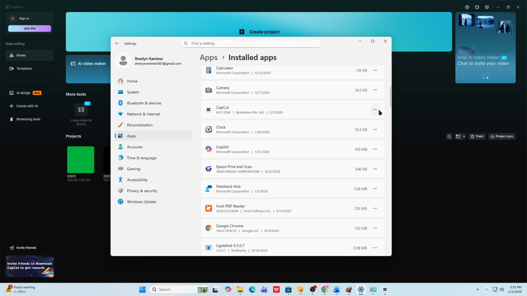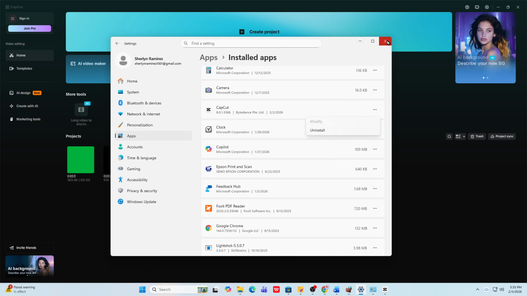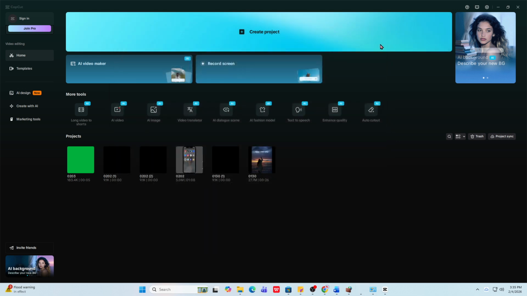This gives us a clean slate. If you have important projects, it's a good idea to back them up beforehand so nothing gets lost during the process. Next, reinstall CapCut. If you originally downloaded it from a web browser, this time open the Microsoft Store, search